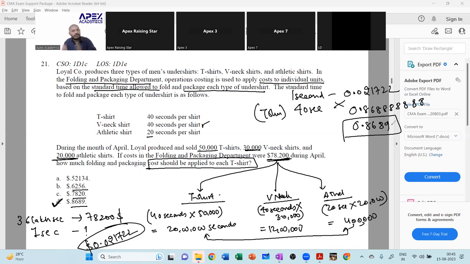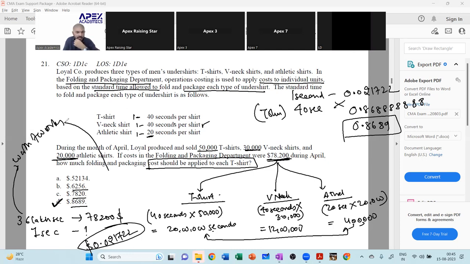Have you understood? Quick revision. Yes, sir. One t-shirt takes 40 seconds. One v-neck takes 40 seconds. One athletic takes 20 seconds. How many in total? 50,000 t-shirts, so 20 lakh seconds. V-necks, how many? 30,000. So 30,000 into 40, 12 lakh seconds. 20 seconds for an athletic, and there are 20,000 athletics, so 4 lakh for that. So total 36 lakh seconds worth of work